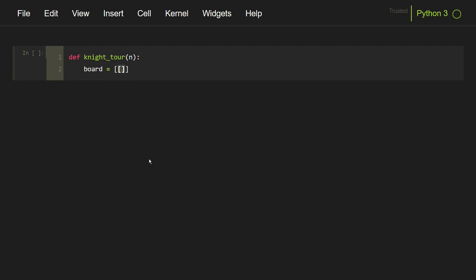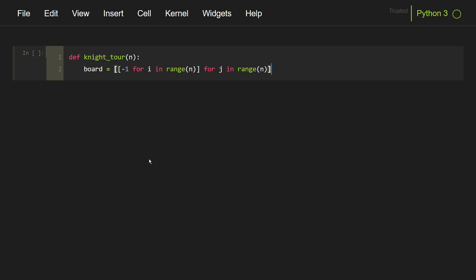And each of the cells will have a special value because we have not visited any cell yet. So we will initialize all these values to -1, and I will use a list comprehension to initialize this chessboard. So for i in range n, for j in range n. So this one line has constructed a two-dimensional n cross n chessboard, each having a value of -1.